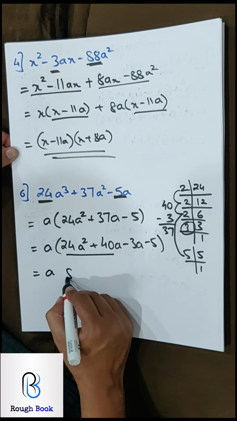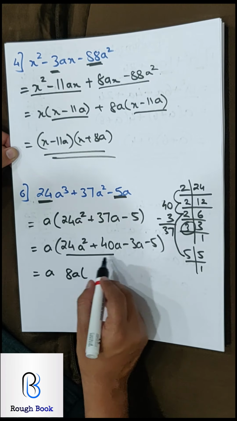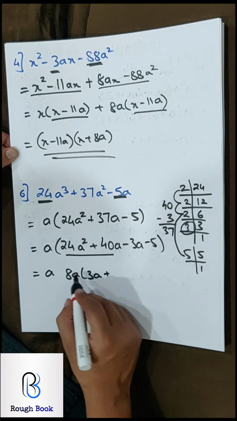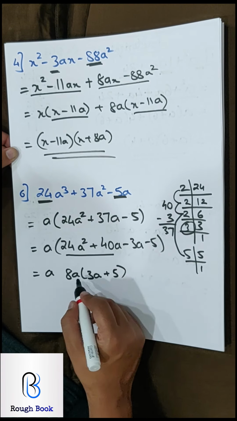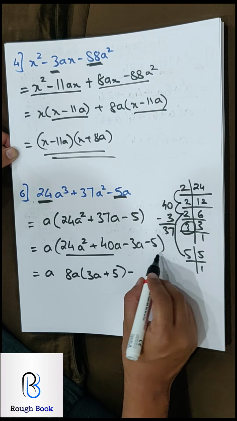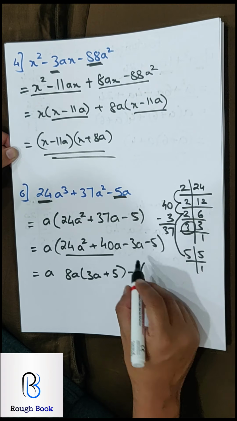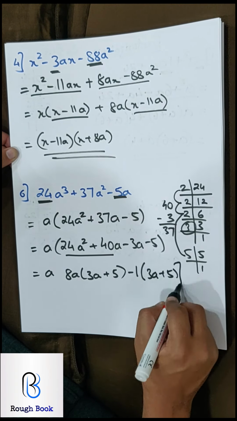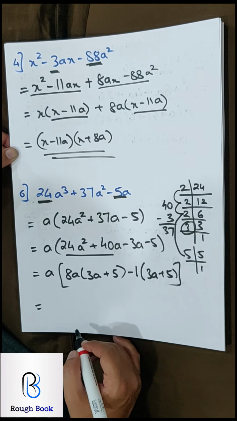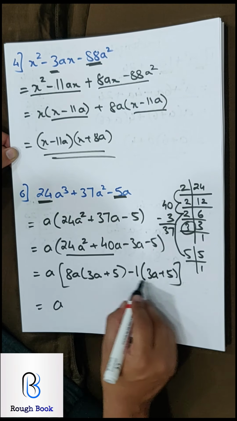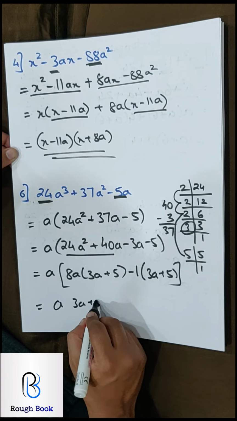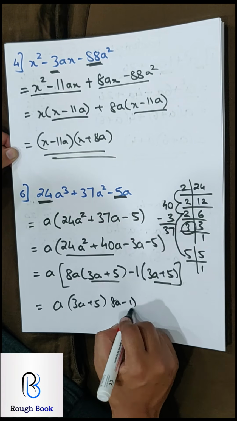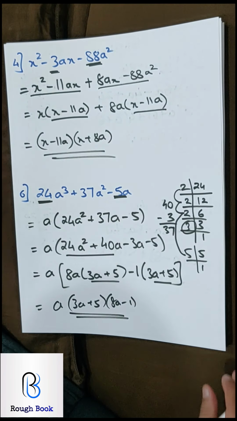What is common amongst these two is 8a. By now we know factorization very well. 8 1s are 8, 8 3s are 24. So 1a left. 8 1s are 8, 8 5s are 40, and a has gone out. Nothing common. So only one I'll have to write. Minus has been pulled. So this will be 3a plus 5. Bigger brackets important because we've taken the full common as a. Now what is left is 3a plus 5 common in one bracket, another bracket 8a minus 1. That becomes my final answer.